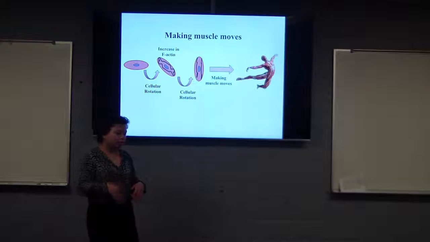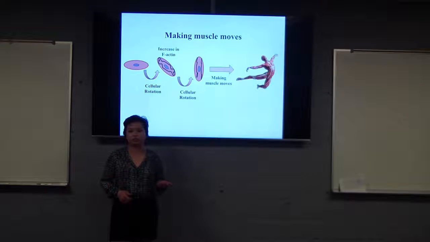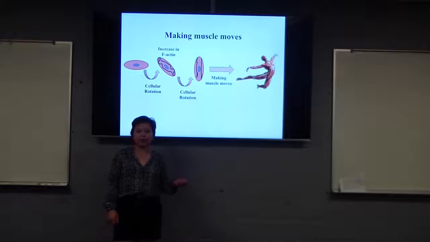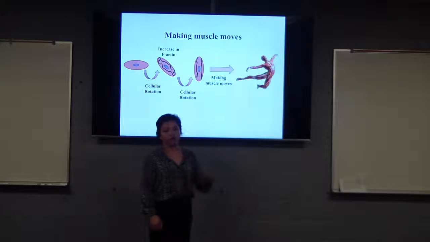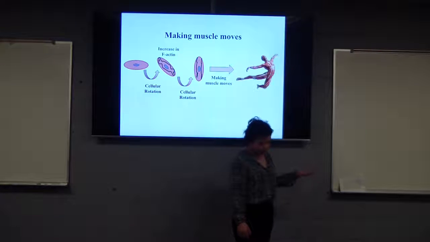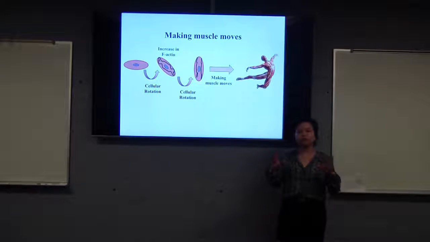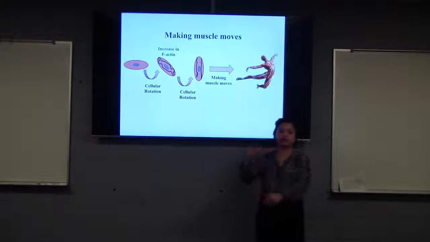And I in particular study one protein that aids in this cellular rotation process, and that protein is filamentous actin, or F-actin. So what is filamentous actin? Well, F-actin is a protein that actually helps hold and shape a cell as it undergoes cellular rotation so that